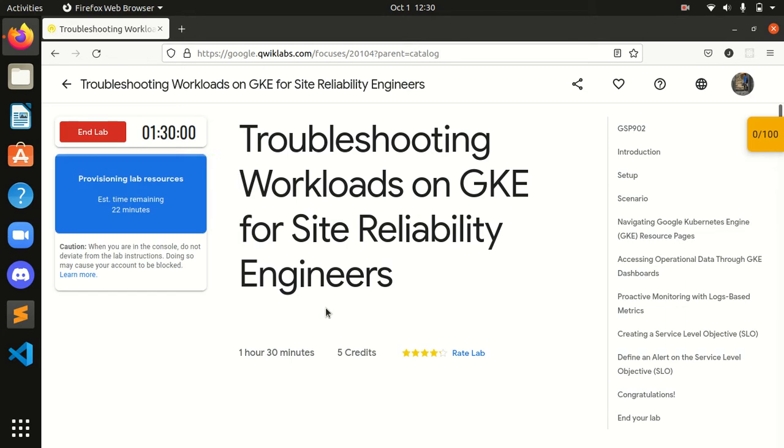It may take some time because these labs are sometimes bigger, so it may take some time for provisioning the lab resources.